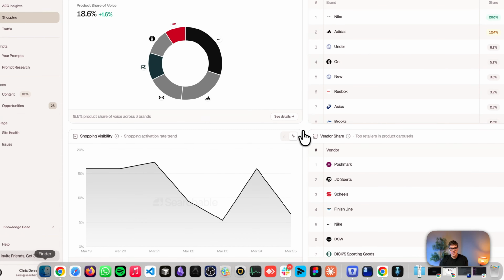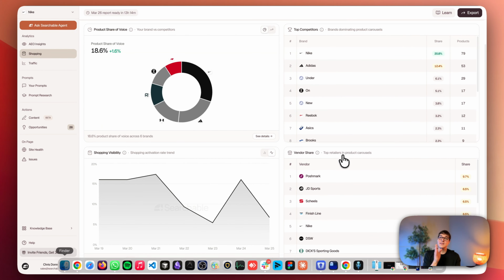And you also have vendor share over here, which is not only looking at the brands and how often the brands are mentioned within the responses, but this is the actual vendors, which once again, I just cannot begin to emphasize how important this data is for larger business decisions. Okay, Nike, we sell D2C. We know that we have this share of voice. We know that these are our competitors, but what if we cannot push through that or break through that barrier? Who would we need to go to in order to start seeing more sales, more revenue?